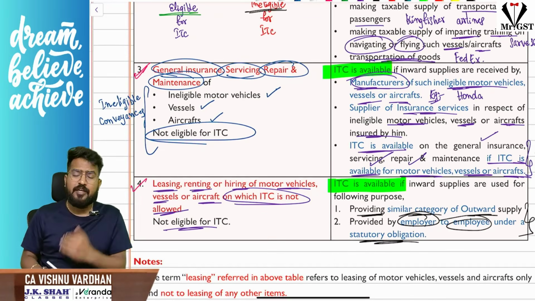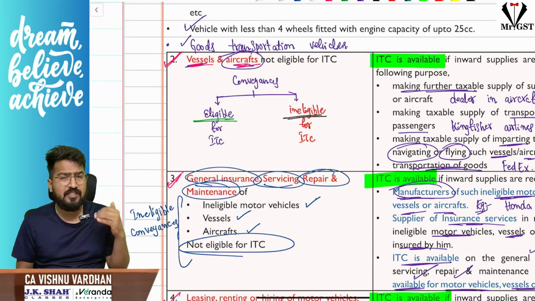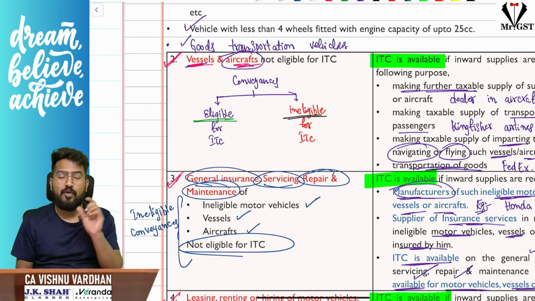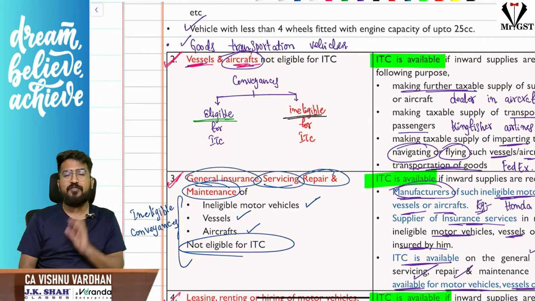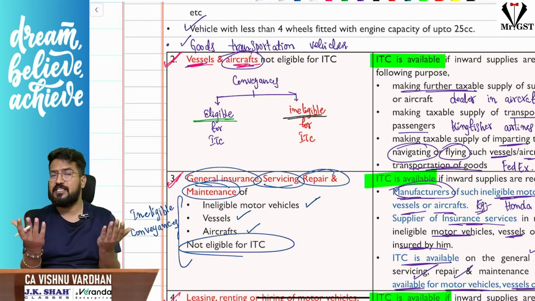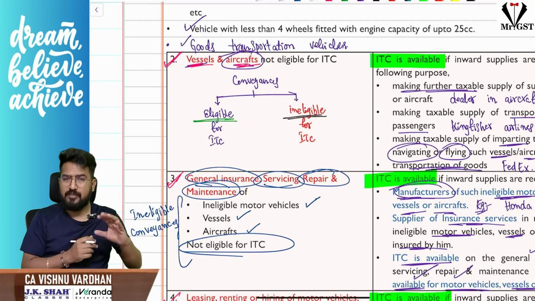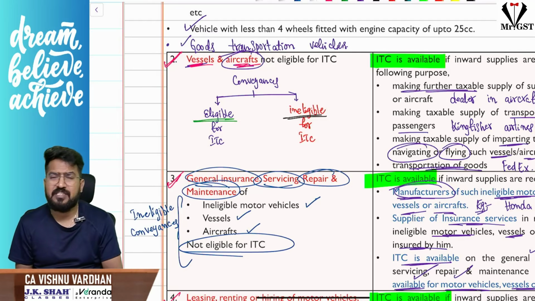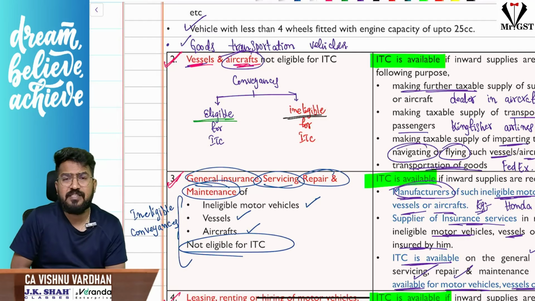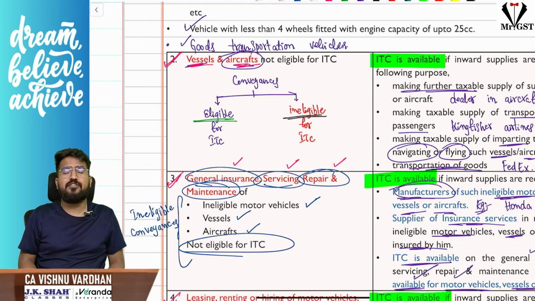Sir, we have understood here, you are buying some conveyances. That means it can be vessels, aircrafts, or even vehicles. We call them together conveyances. Some conveyances are eligible for ITC and in the majority of cases it is not eligible for ITC. If it is eligible for ITC, suppose SpiceJet Airlines has purchased an aircraft and they are eligible for ITC. They are taking general insurance on that aircraft or servicing on that aircraft, repairs and maintenance on that aircraft, they